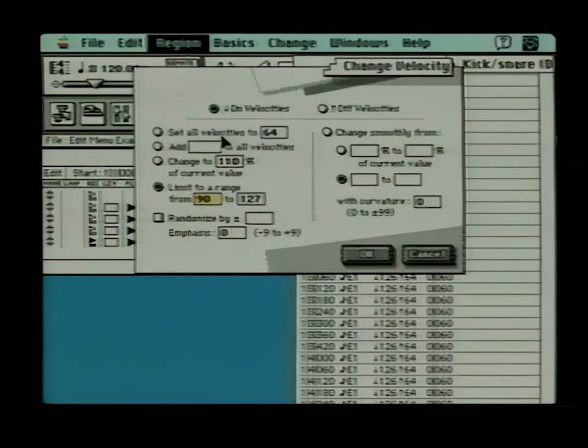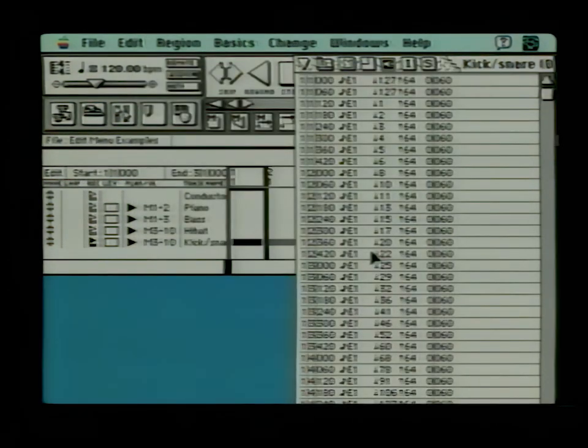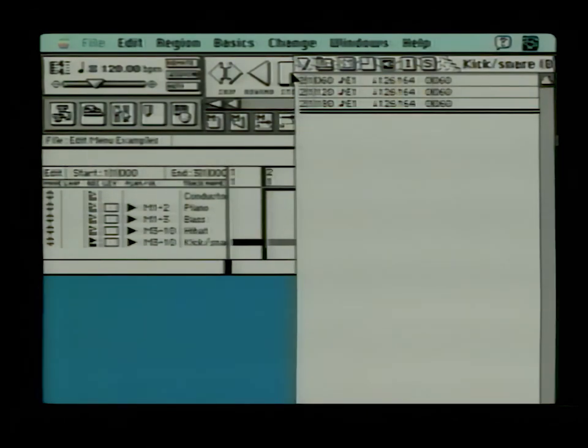Then I'll select Change Smoothly and check the second two boxes, giving them the value of 1 to 127. And I'll experiment with a curve of 50 and click on the OK button. Now play the track. Not bad. Let's undo the change,